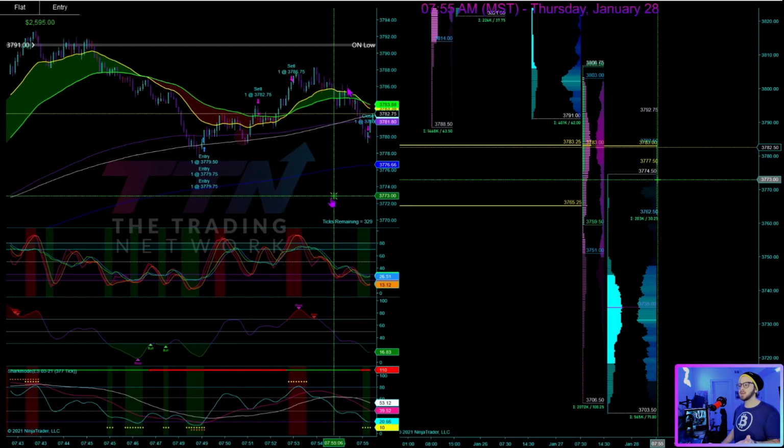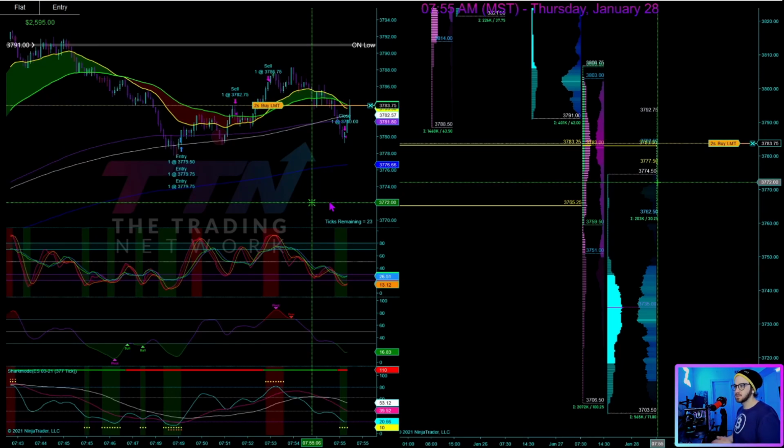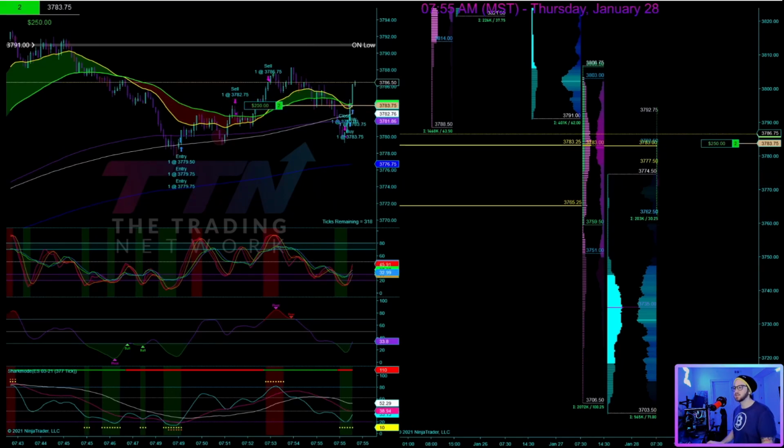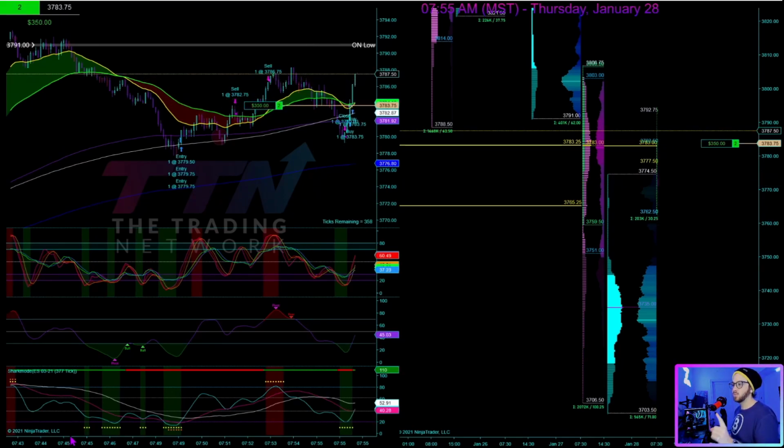I was anticipating the moving averages to get what I call a cradle. So a slower moving average is used as support for a faster moving average. In this case, the 50 EMA is used as support by the 21 EMA, but that did not happen, and I got closed out of that last contract. Once again, it was very volatile today. This is not sped up.